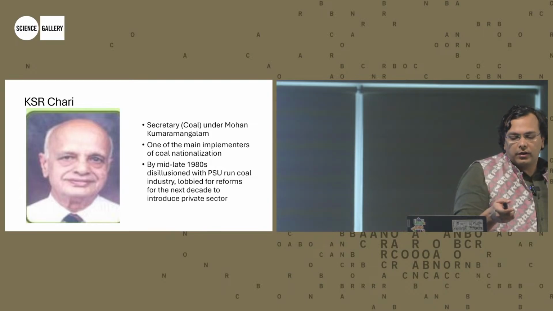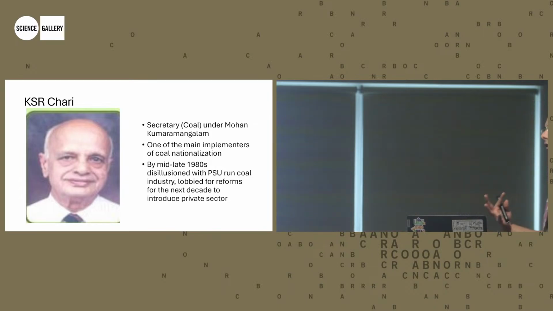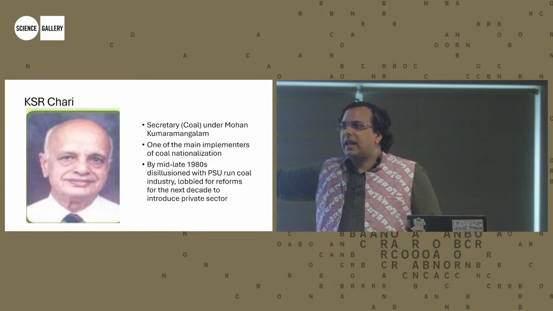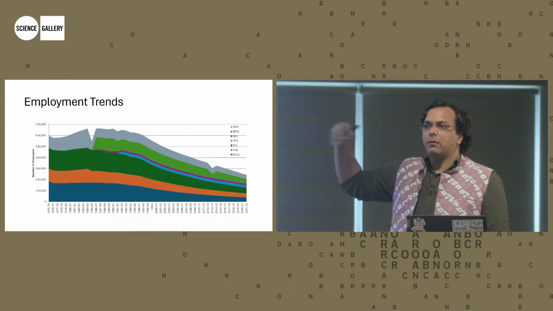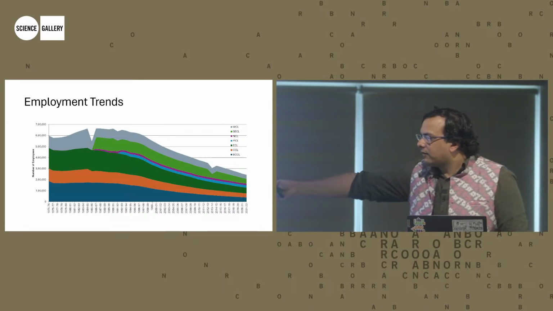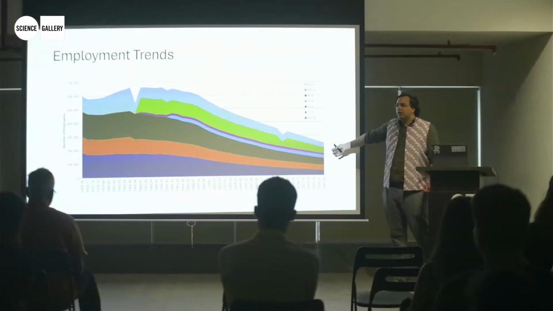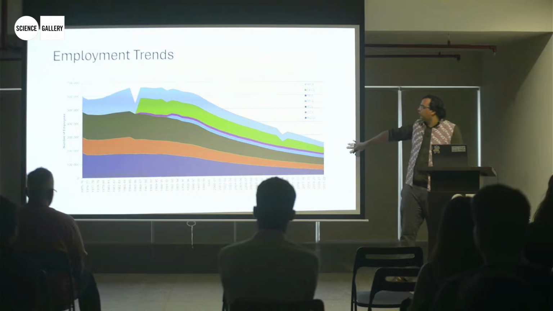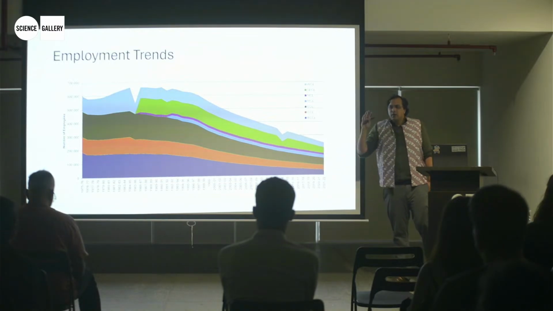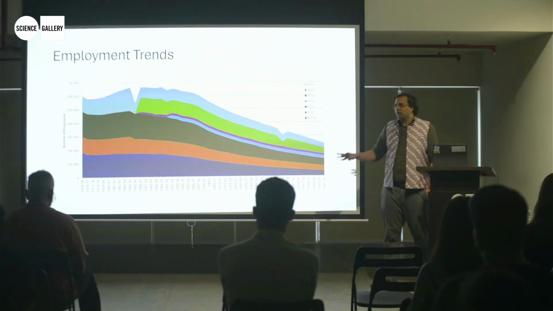However, I think one of the things was when Coal India was first created, it had almost 7 lakh employees. This is by far one of the biggest employers in the Indian public sector. Over the last 50 years, this number has shrunk dramatically, right? So I think Coal India has somewhere on the order of 2.2 lakh employees. If you add Singareni, that's around 2.5 lakh total. This is a permanent pensioned workforce, right?